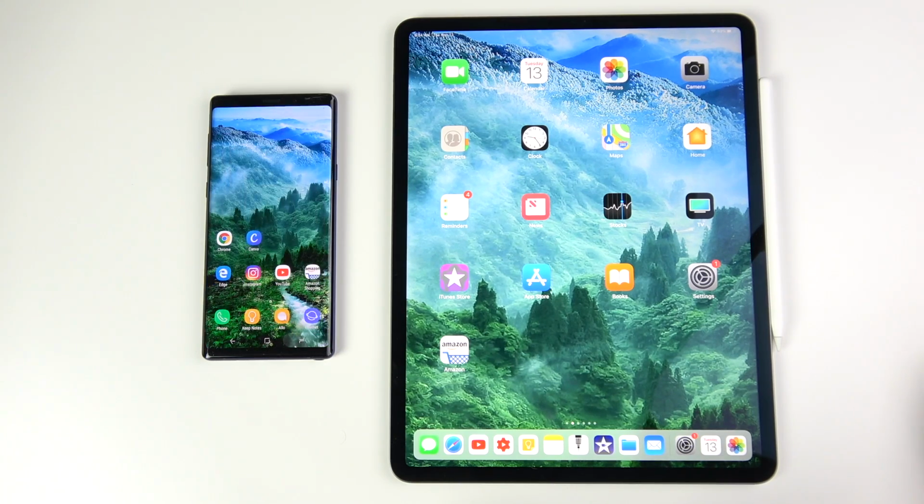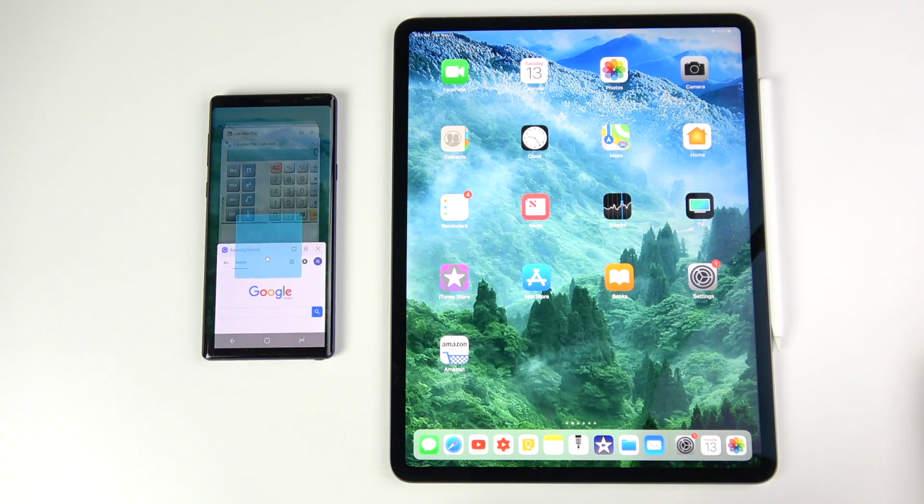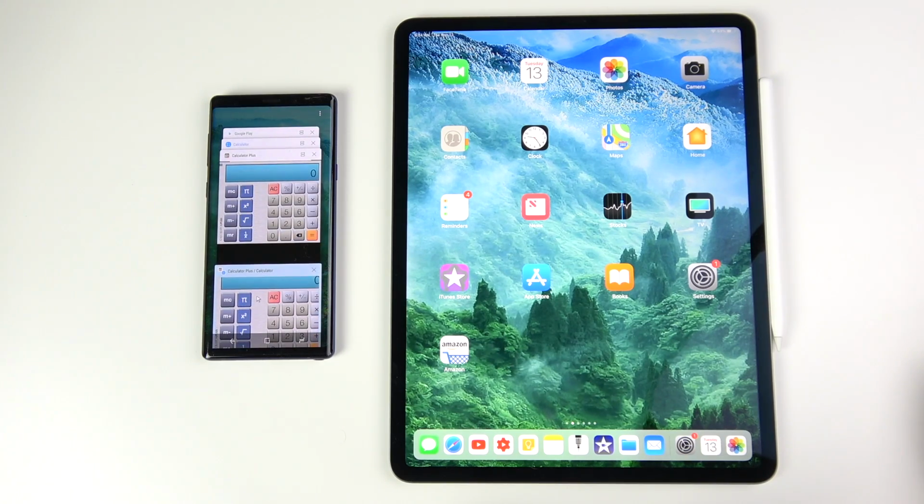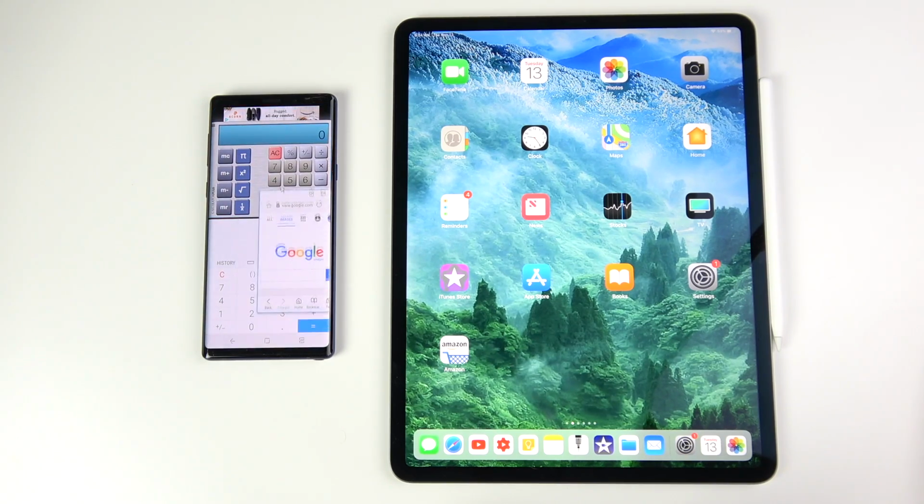We can go ahead and just pop view the Samsung internet and go back to our multitasking here with the calculators, our app pair. And you can see there's 3 applications at one time, and it doesn't end there. You can actually put more of them. You can resize these applications, move them around. Now, yes, it can get a little inefficient at times because this is a really small screen to do all this,